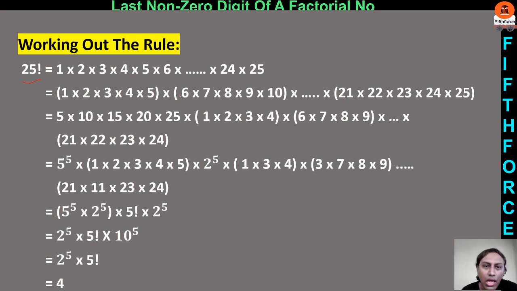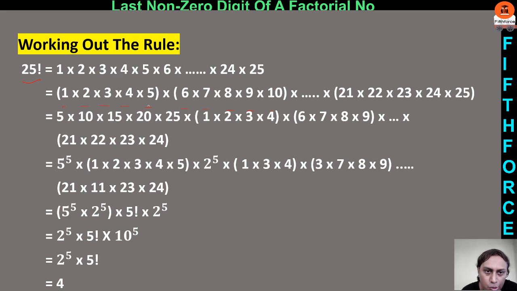Okay? Now, to approach this, let's divide the number in group with 5 numbers. First group, 1, 2, 3, 4, 5. Alright? Then 6, 7, 8, 9, 10. Right? And so on. Now, let's do one thing. See, our concern is the non-zero digit. So, we'll discard the rightmost zeros. And for that, let's find out the tens. Right? And to find out 10 we need 5 and 2.